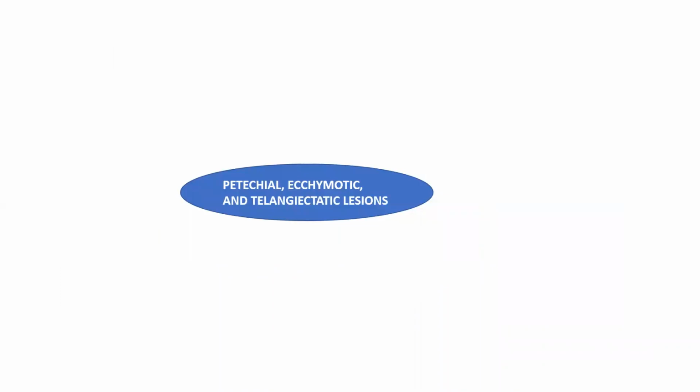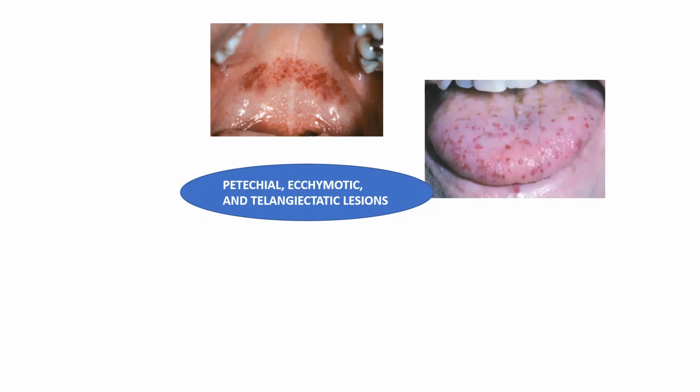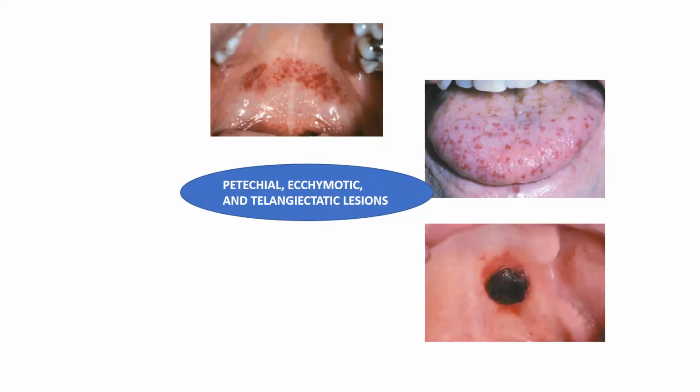So just to revise, the lesions which come under this category are petechial lesions because of trauma or some diseases like infectious mononucleosis that is spread by saliva, also called kissing disease. And the next one is hereditary hemorrhagic telangiectasia. This is the classic manifestation seen on the tongue. Patients also have epistaxis, that is bleeding from the nose,